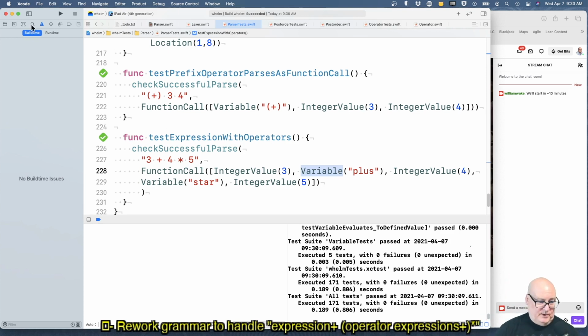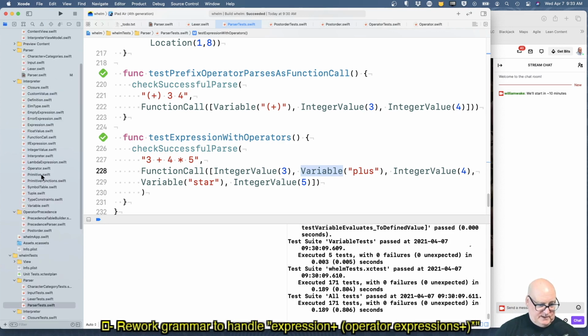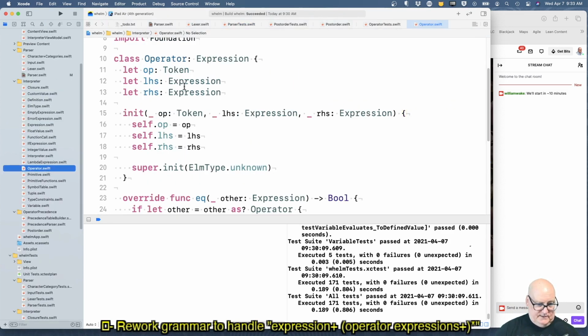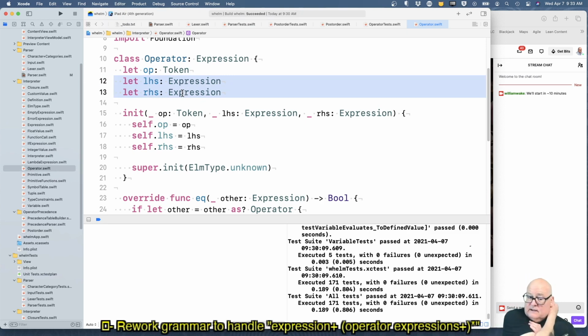We have operator. Let's look at that, but I don't think it's going to be suitable because it really wants left and right hand expressions. Now, we could use this. I mean, we could force it.